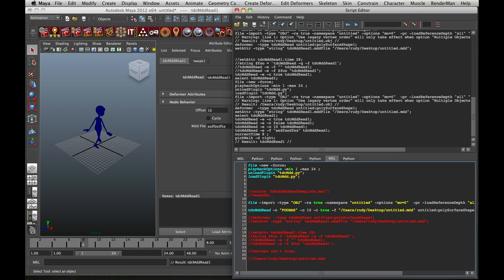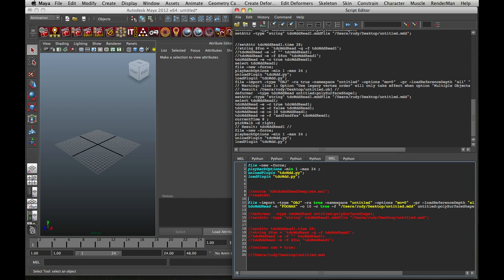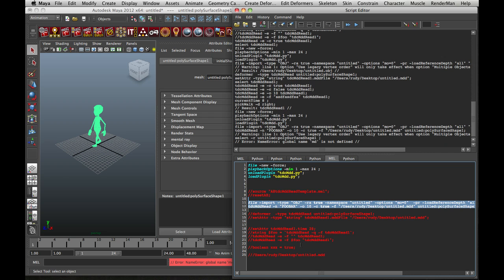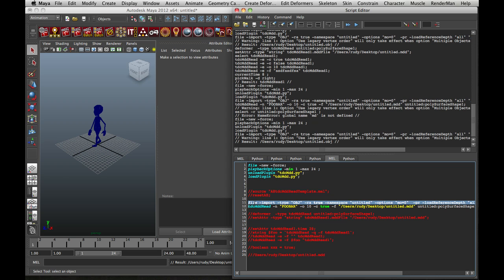So at this point, I should be able to just run this and then run this also. Let's see, MD is not defined. What did I type wrong? Something is just leaping there. So let's try again. Let's go ahead and load this. So that worked. And if I do this,